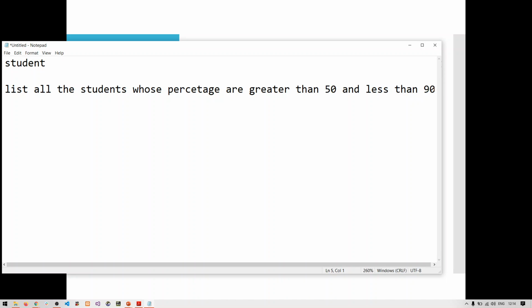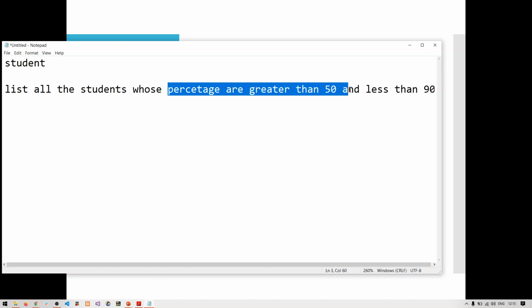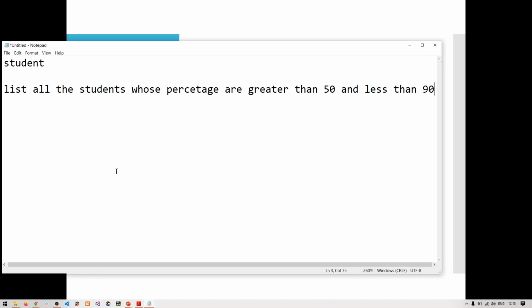What are the conditions here? There is a condition: percentage greater than 50 and less than 90. So those students who have percentage more than 50 and less than 90, only those students' details I want to display. So how will we write down this answer?